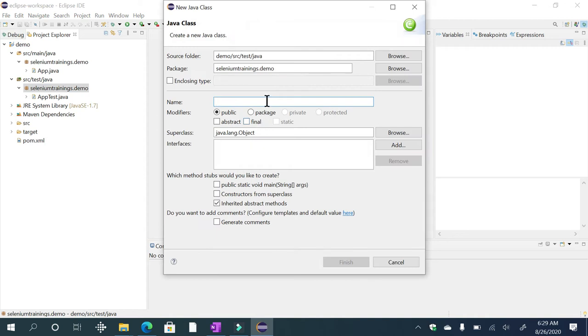Just say first test. The type is discouraged by convention. Java type names usually start with an uppercase letter. So let's go with the best practices as much as possible. So FirstTest. Okay, select this main so that the main method will be automatically added to your test case.